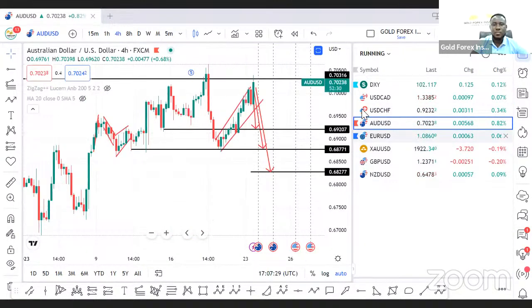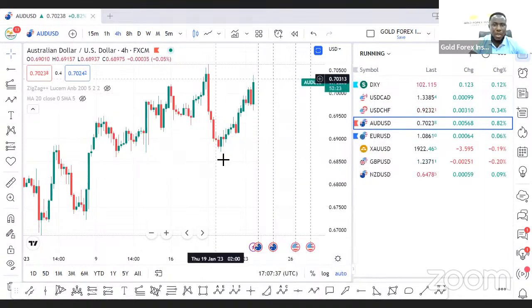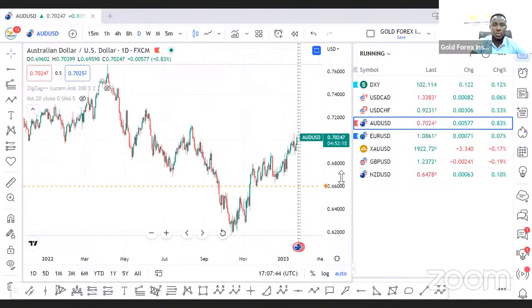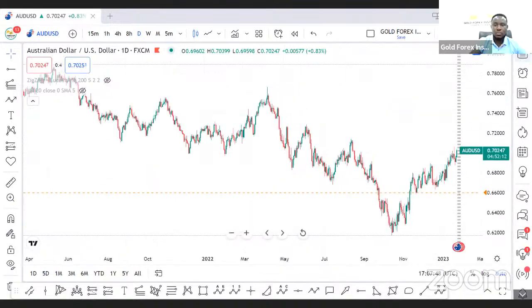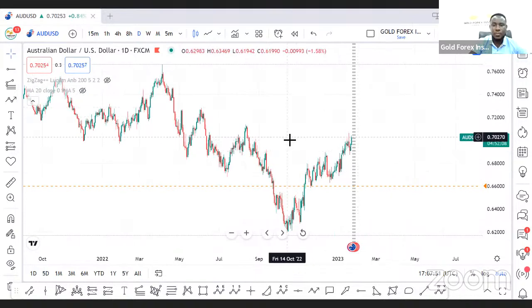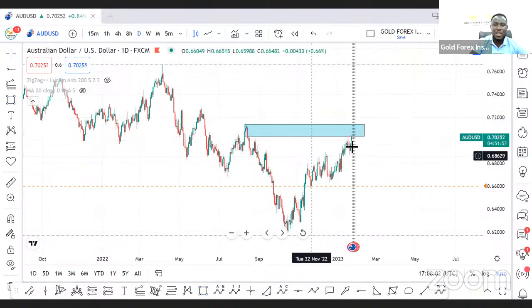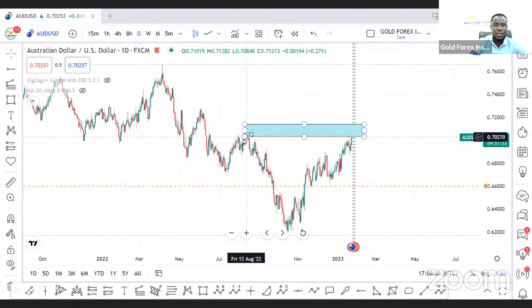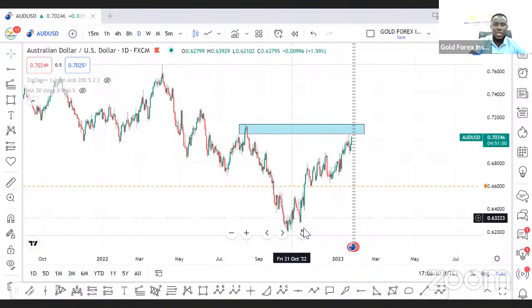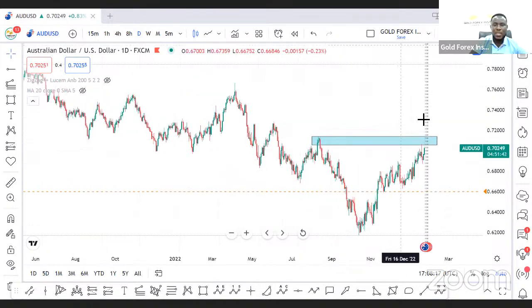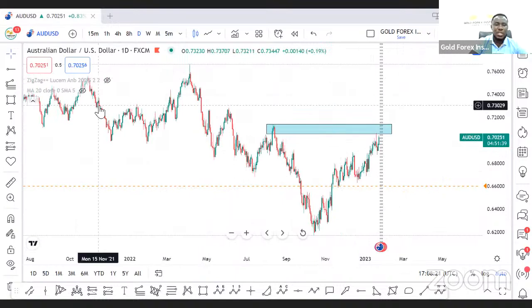AUD USD. Now, AUD USD, let me show you something. Why I'm so biased on AUD USD. Now, you can see that there is some level of imbalance over here. It's almost filled. There was an imbalance over here, which is filled over here. So I expect this one to move down. Now, in the short term,